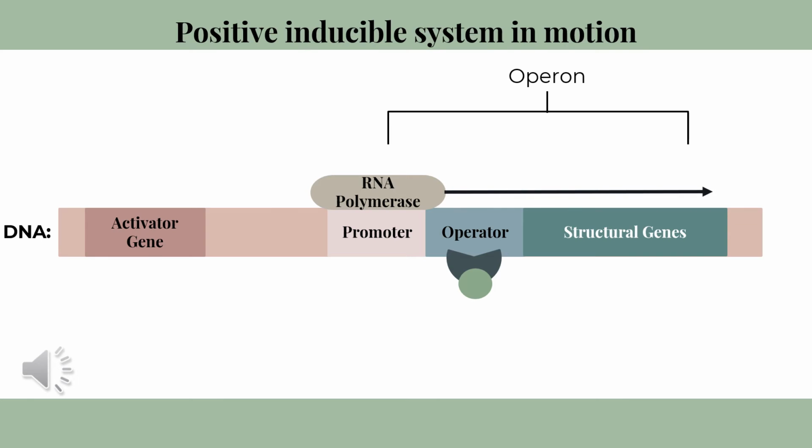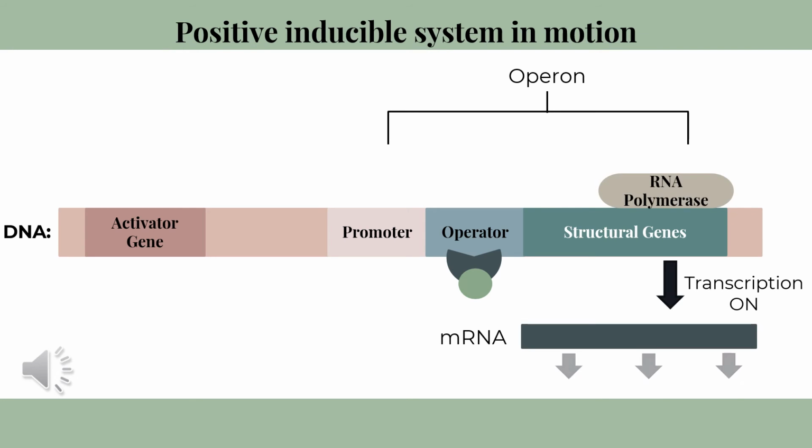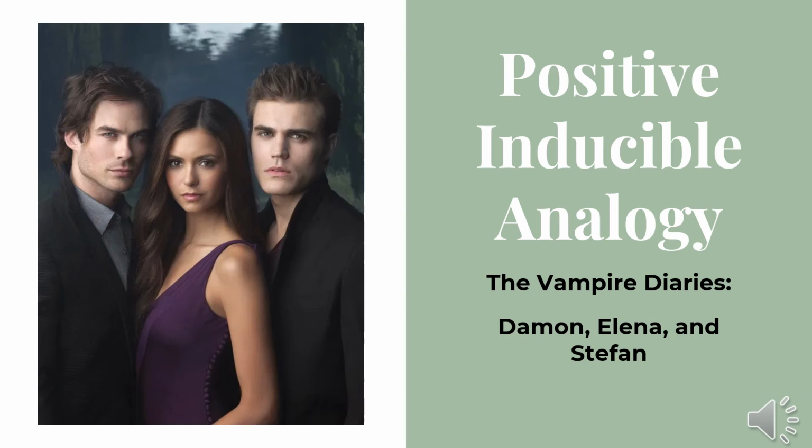With the operator being activated and RNA polymerase being bound to the DNA strand, RNA polymerase can then move downstream of the operon to the structural gene region. This is where transcription is turned on, transcribing mRNA and then translating the mRNA into multiple gene protein products. These gene products play an important part in the structural role of the cell or are used in metabolism. To gain a better understanding of the positive inducible regulatory mechanism, let's look at an analogy using